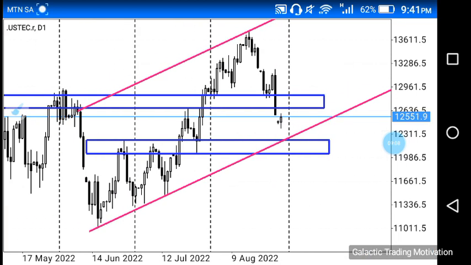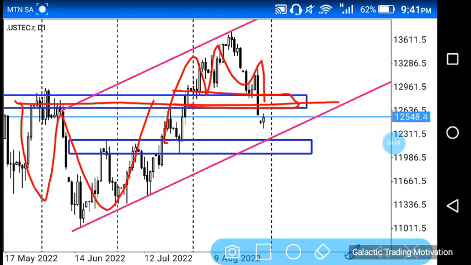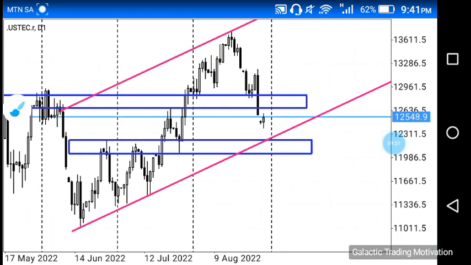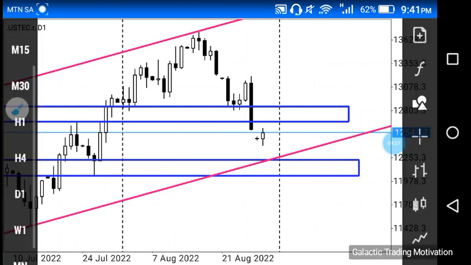Anyway, let's proceed. Just keep in mind that we have a neckline over here, which is the neckline of this head and shoulders pattern, and it's in alignment with the neckline of this huge W structure over here, right? Anyway, let's proceed. So what else do we see on the chart, which is the daily chart, that we should be paying attention to? Just remember also that we have